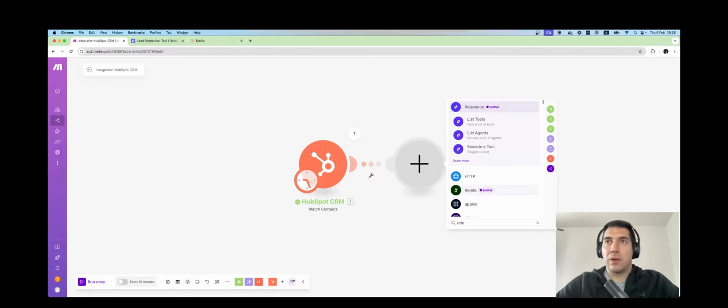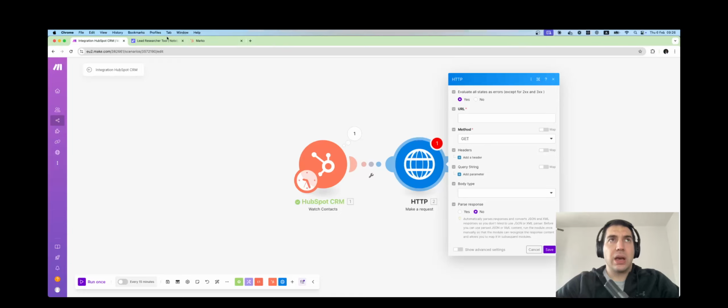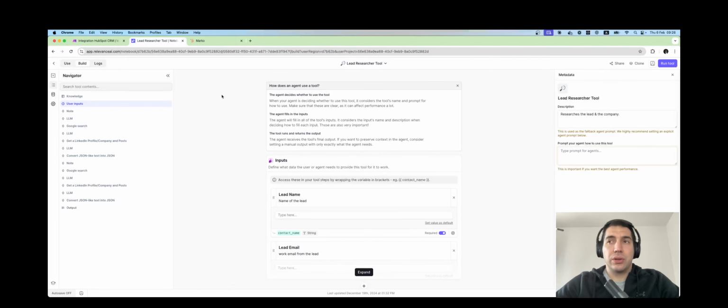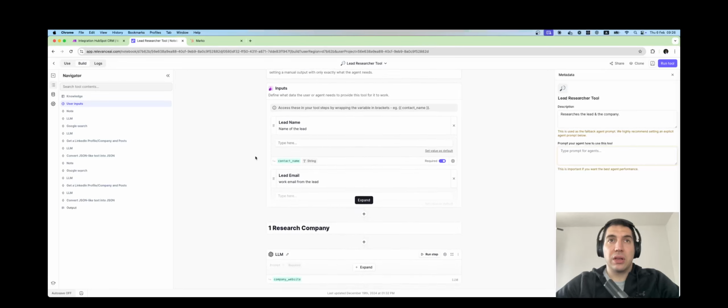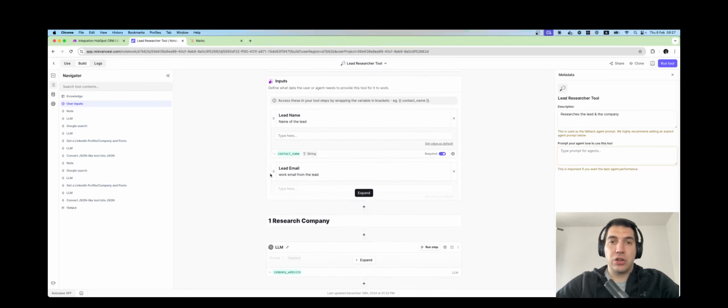They do have their module in make.com, but I like to use HTTP because it's more flexible, and also so you can integrate with any platform, and also on Relevance they have some strange input fields that I don't really see what's their point. We'll be using this lead research tool. I believe Ben AI has made it. I'm not sure. You can use any tool that you want, so it's not really that important, or you can make your own. And we can see here the inputs are the name and the email, as I mentioned,